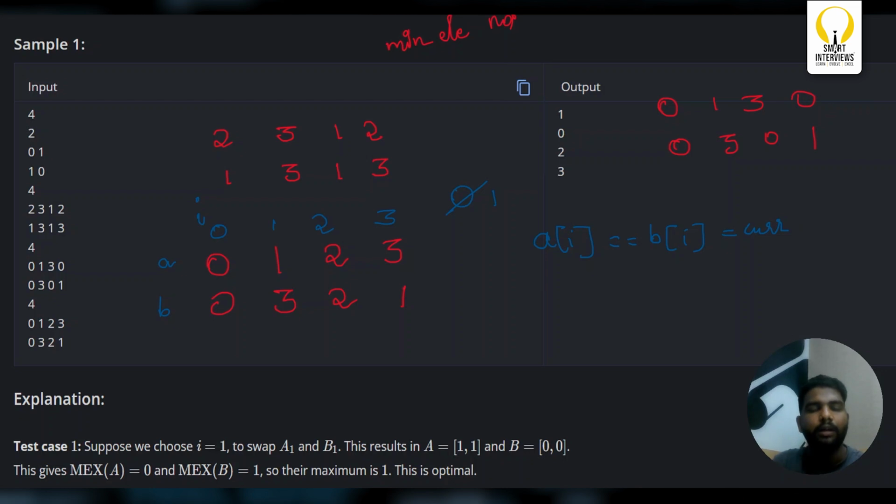So can I say that 1 can be mex of one of the arrays? Either it can be A, or let's assume that it is for A. If I want to make it for A, I'll make this as 3 and I'll make this as 1, right? Now, first mex is 1, right? Now can I say that the second mex will always start from 2,